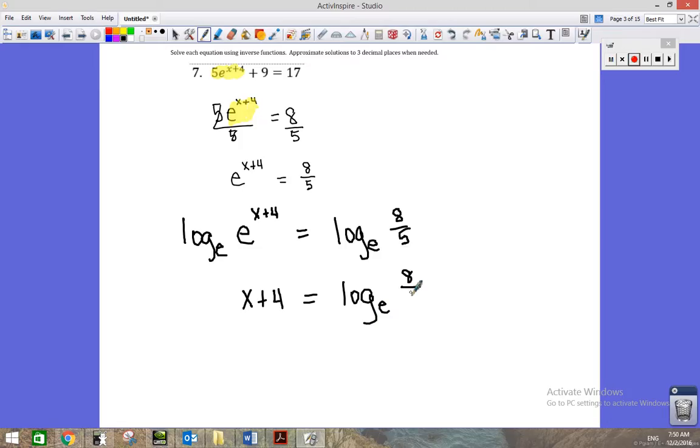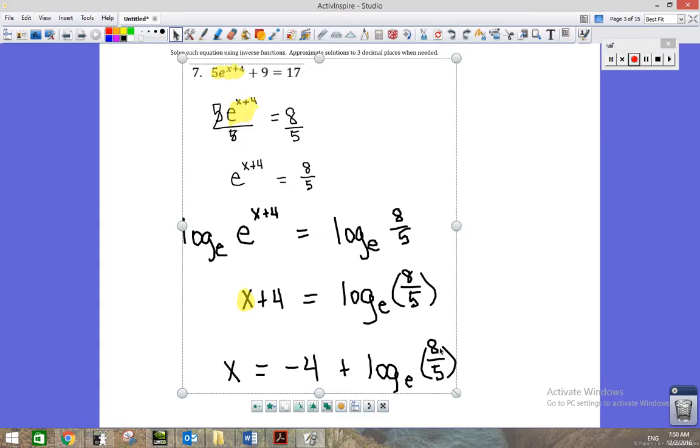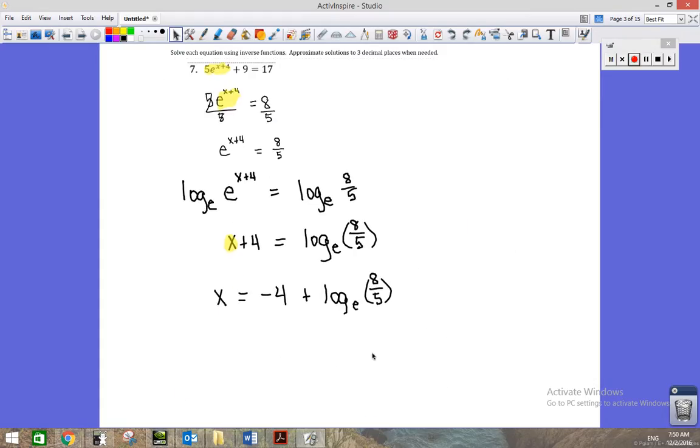All right, so now we've almost got the x by itself. I need to get rid of this other term, subtracting 4 from each side. So I have x is equal to this negative 4 plus log base e of this fraction. Now you're not going to ever see in the majority of textbooks, at least in the United States, this written as log base e. What you are going to see it written as